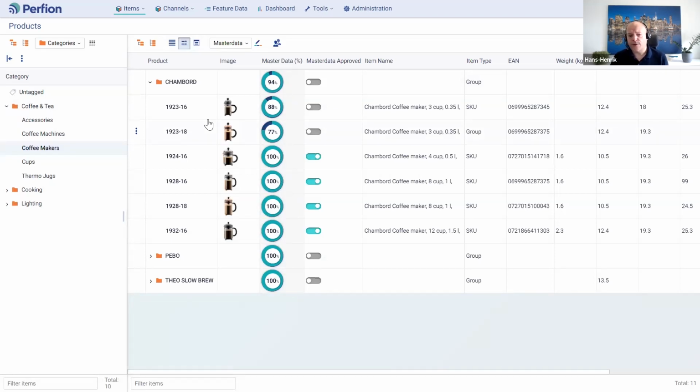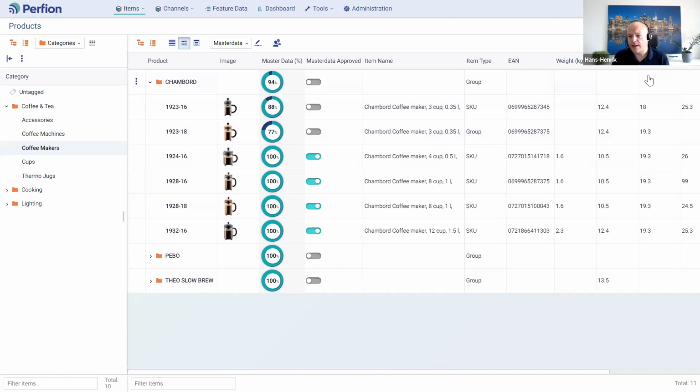For our customers, it's very important that it's easy to maintain products. Usually they have thousands and thousands of products, so it has to be very efficient to quickly maintain the products. And the structure we have here, where we have the Jamboard and then we have the variants underneath, makes it possible for us to utilize inheritance.